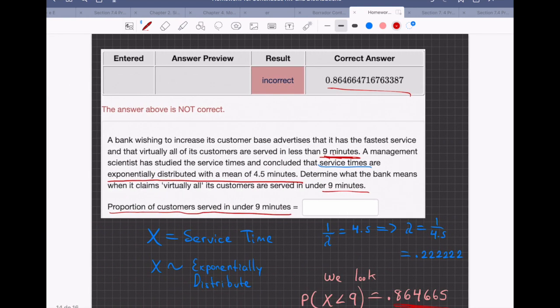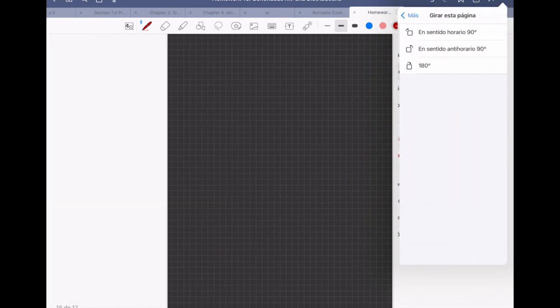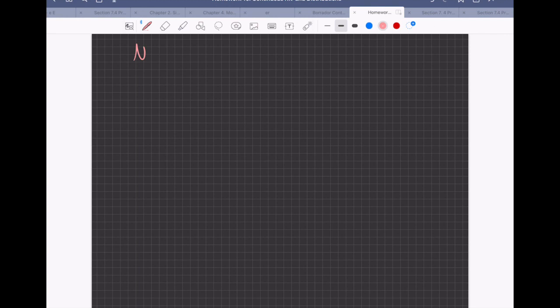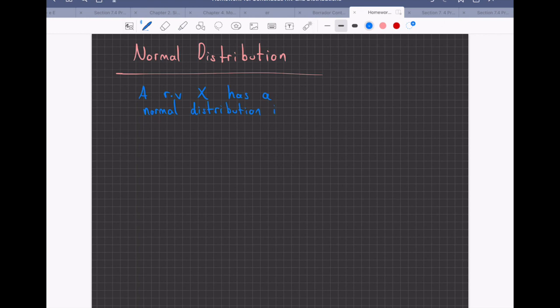Oh, sorry. One more distribution. Very important. This is going to be the normal distribution. And again, we will define this by using its PDF. A random variable x has a normal distribution if its PDF is given by